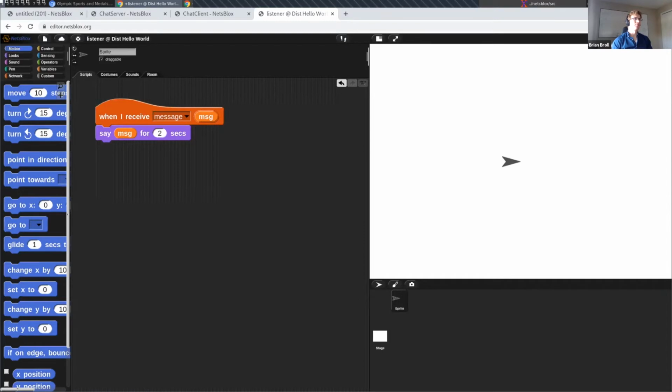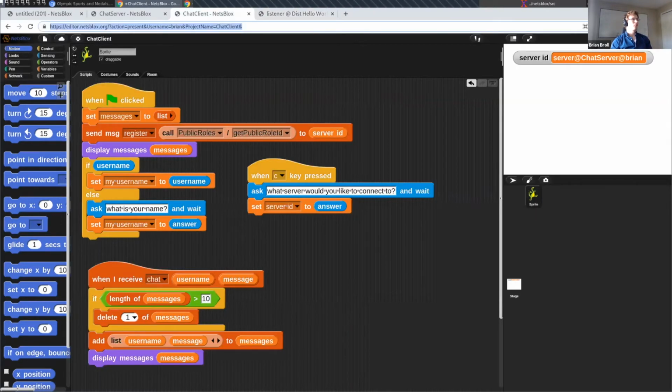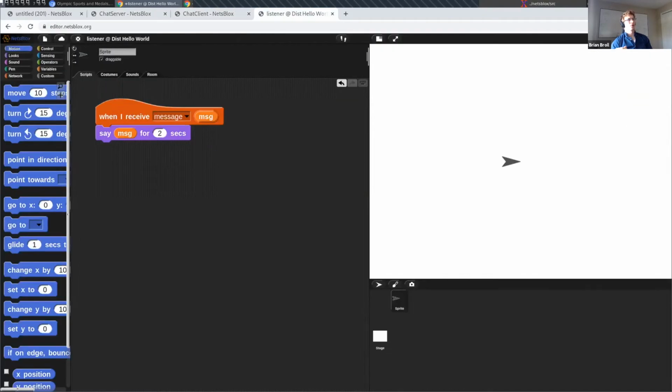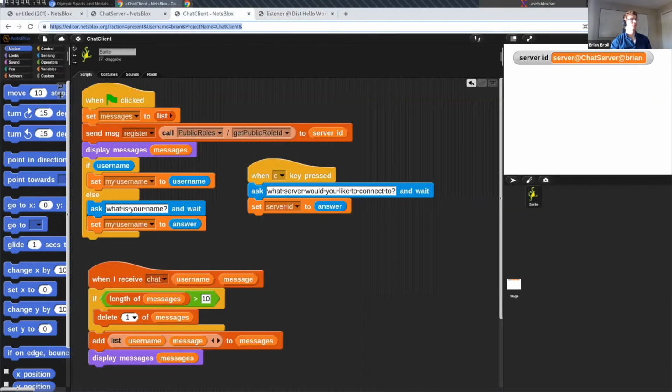So this is the simplest one to get started with, just to show that even when introducing this network, these message passing concepts, again running over the network, still keep a pretty low threshold. That said, we do have more. In the spirit of a lot of the other features that have been added to Snap, such as first-class functions, we also have a very high ceiling with message passing. For example, with very few blocks, we can actually create a chat application.